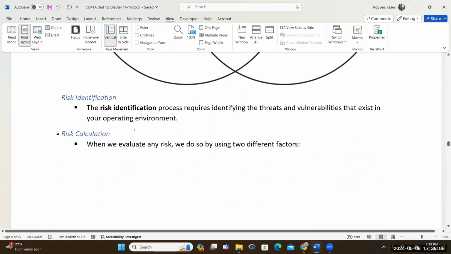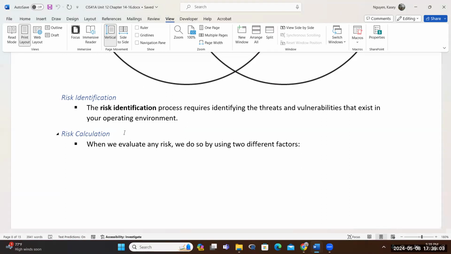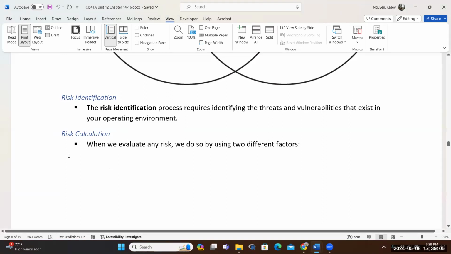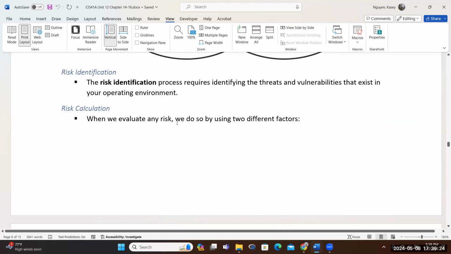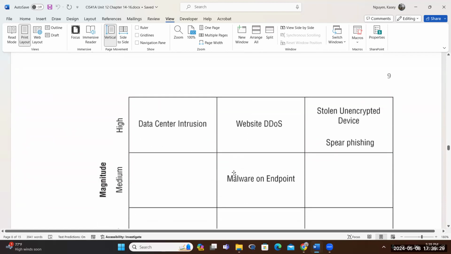So when you do risk management, the first thing you need to do is identify your risk. Okay. Once you list those risks, you simply identify the threats and the vulnerabilities. And for pen testing, that's easy for us because we can find threats and vulnerabilities by using scanners, right? By talking to people. Then after that, you are going to evaluate the risk. Either you qualify them or you quantify them.